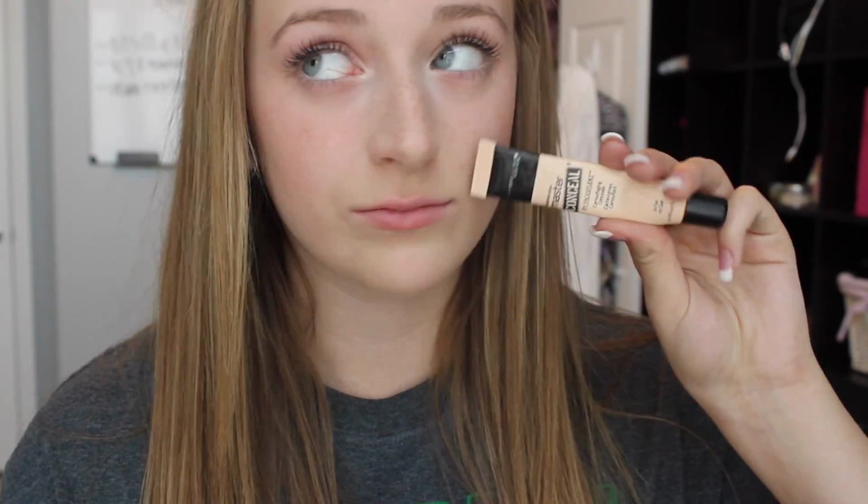And now we are ready to start our 7th grade makeup. Now in 7th grade, you might be getting a few blemishes, or you might just be having a lot of bad under eye circles that you think you might want to conceal. So you can take a light concealer. My favorite is the Maybelline Master Conceal Concealer, and use a damp beauty blender sponge to apply it, and it'll